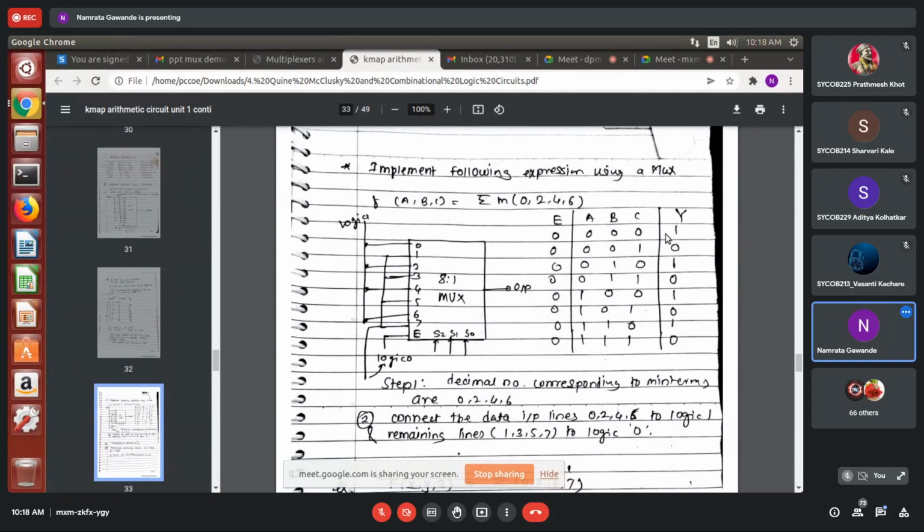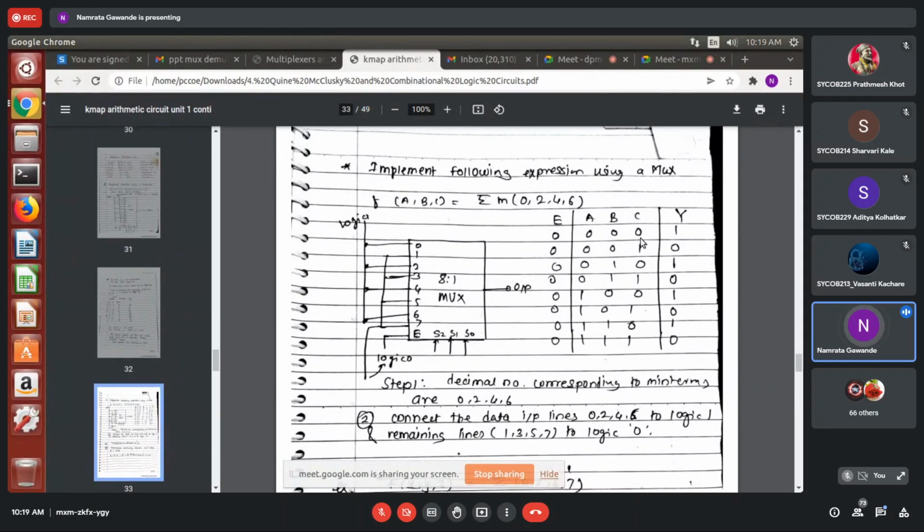Why? Yes. See, 0, 0, 0, A, B, C. If there are 3 select lines, how many combinations will there be, from 0, 0, 0 to 1, 1, 1, right? Now, the data input will be selected based on this select line. The select line carries information, or you can say bits, because here we are considering digital information in terms of bits.